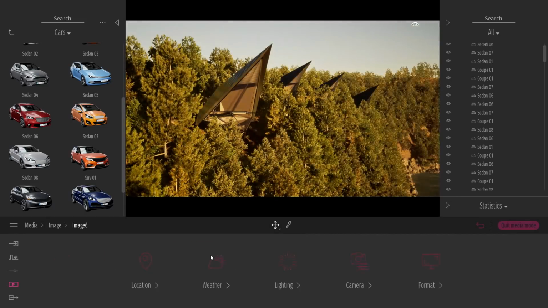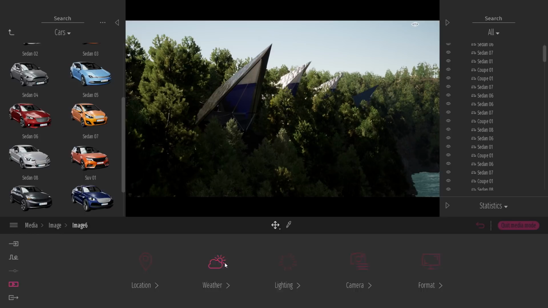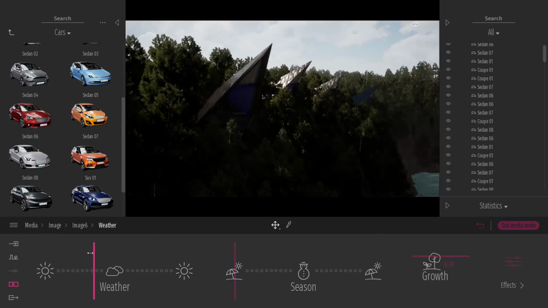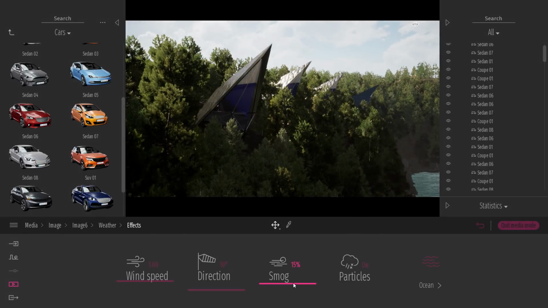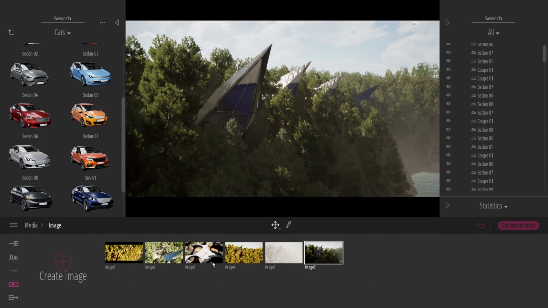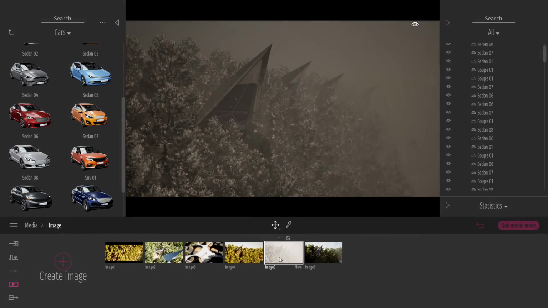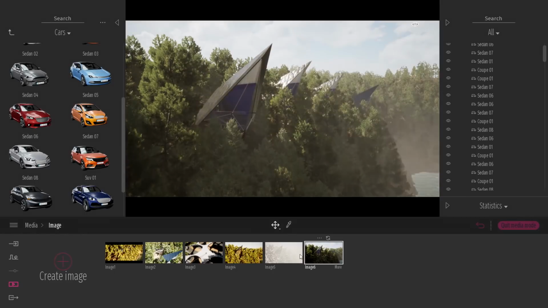Finally, third image, we can be now in the morning. And same thing here, you come to the weather. We can add some rain, just a little bit. And again, just a little bit of fog. So here, in less than one minute, I've created these three totally different ambiances. That just gives you an idea of how you can work easily and fast with Twinmotion.